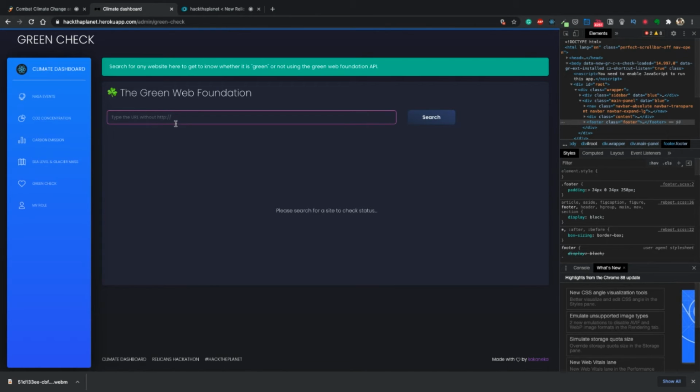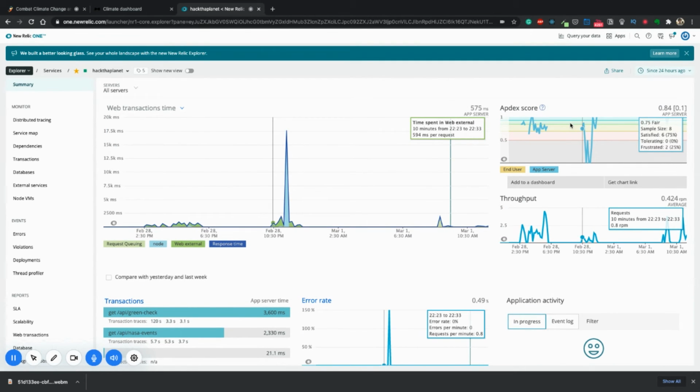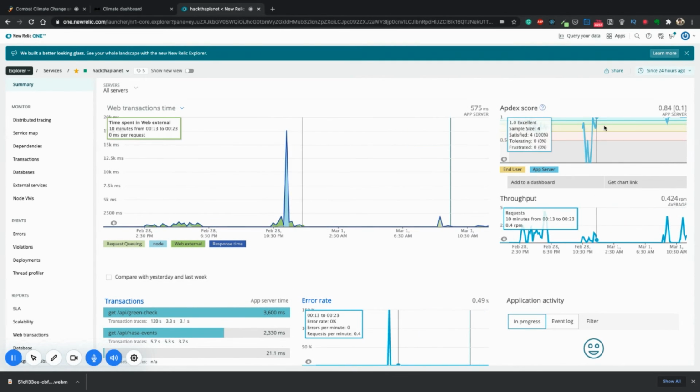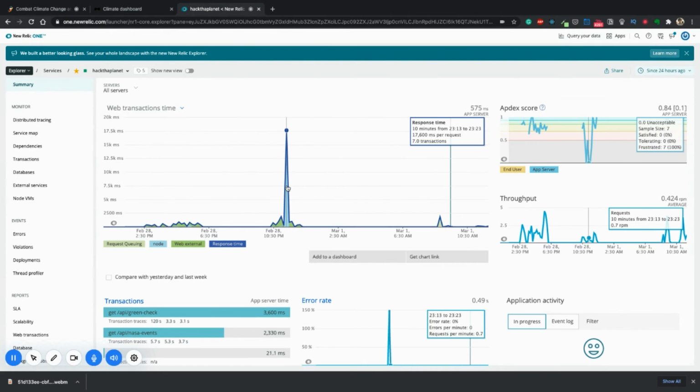I got this insight only when I looked at this data and saw that the API is failing in the node layer. Along with that, I love this system of AppDex, which assigns a score to the overall application performance. Around the time I ran into the error, the AppDex was quite low.